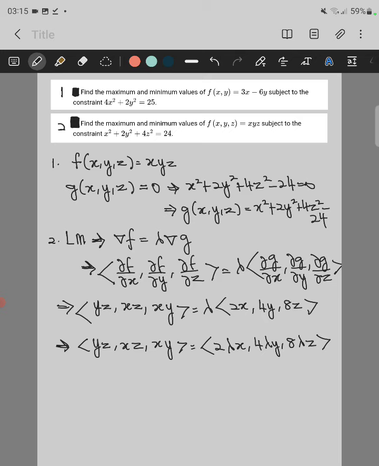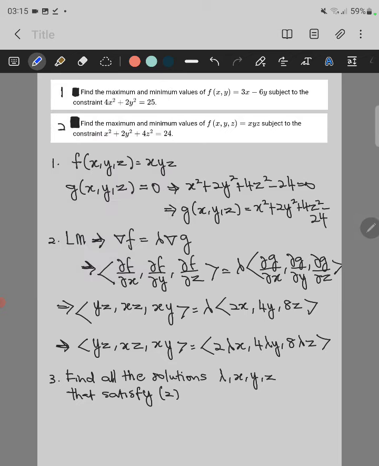From the third step, what we need to do is find all the solutions for our lambda, x, y, and z that satisfy step number 2. So from here it follows that